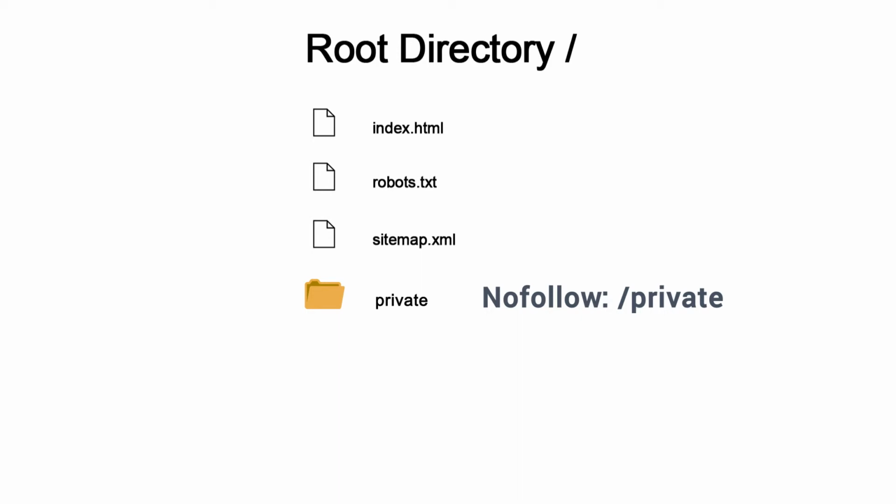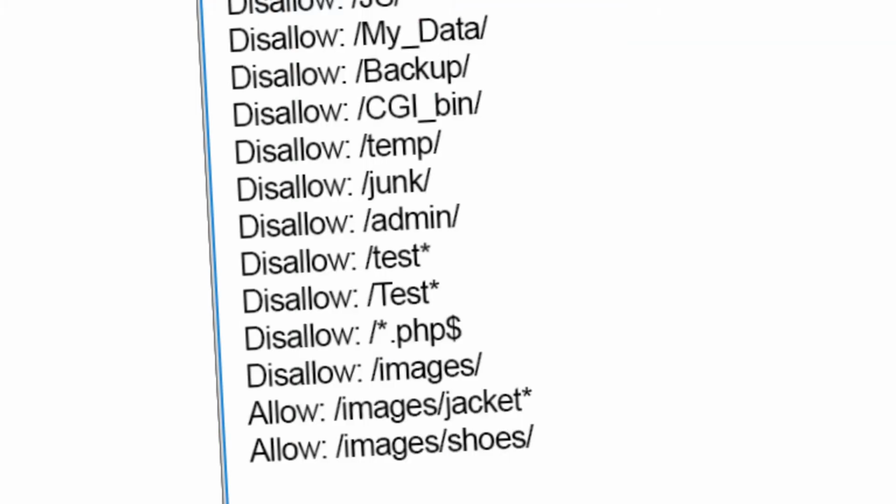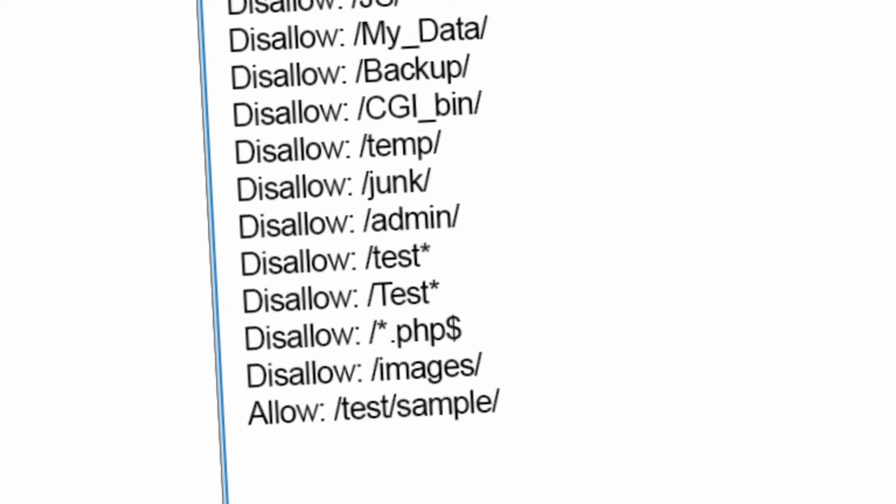That would be the way to go about it. Otherwise, if the Google and Bing bots are good enough for you, then you can go ahead and use the allow command. Just be careful not to have conflicting commands. Like, let's say that within this folder I have a sample HTML file here. If I allow this entire sample folder, but I disallow all HTML files within it, then in this case the search engines won't know what to do. A rare example, but something to be aware of nonetheless.